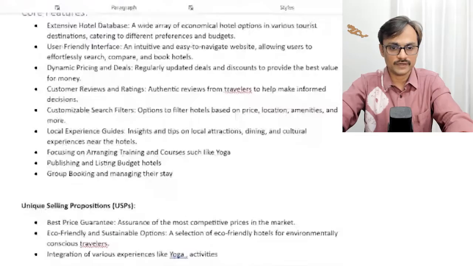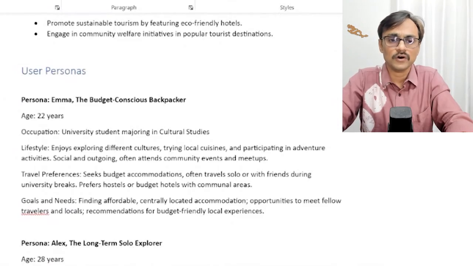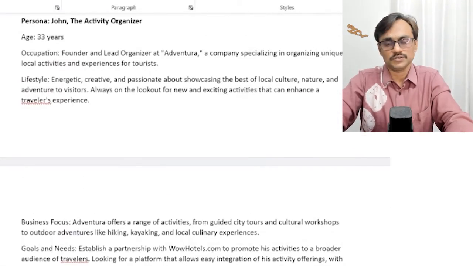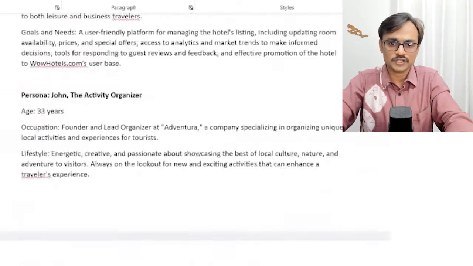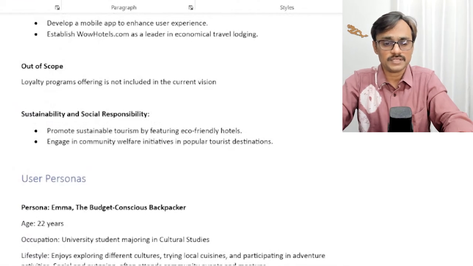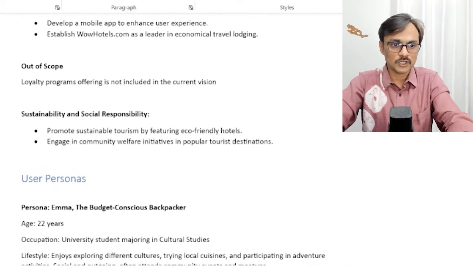I just added the details here. So let me show you where we are. So now we have a vision statement, key features, the unique selling proposition and all, and we have user personas, and I have added the user persona for the activity organizer as well. Now, if I want, I can start using the names. I can say, okay, let's talk about Emma. Now, just to make sure